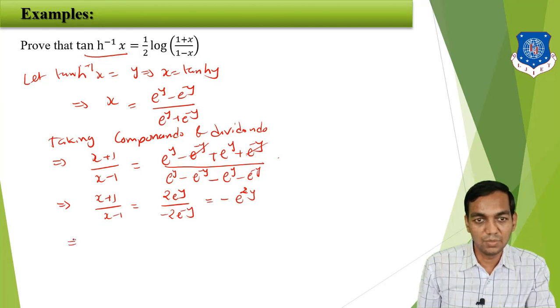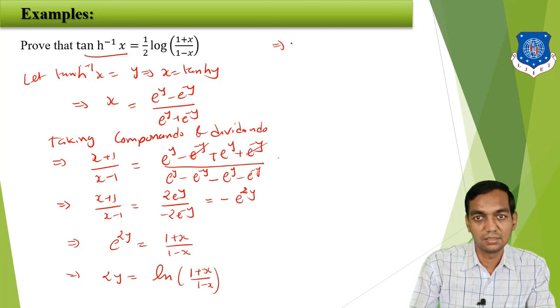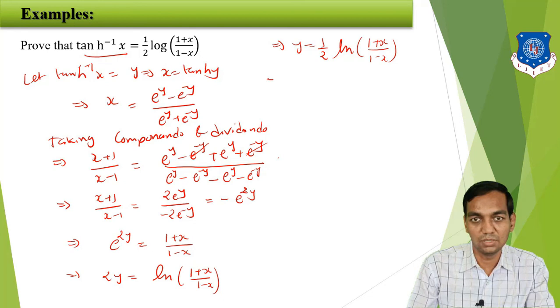Correct? Multiply minus opposite side, and that will give you 1 plus x upon 1 minus x. So taking log both sides, you will get 2y is equal to log 1 plus x upon 1 minus x, and that implies y is equal to 1 upon 2 log 1 plus x upon 1 minus x. But y is your tan hyperbolic inverse. So tan hyperbolic inverse x is equal to 1 upon